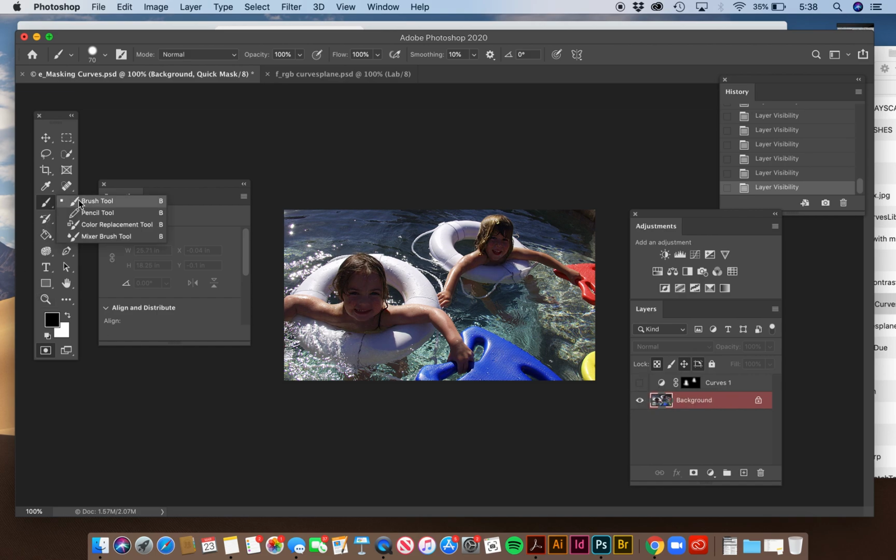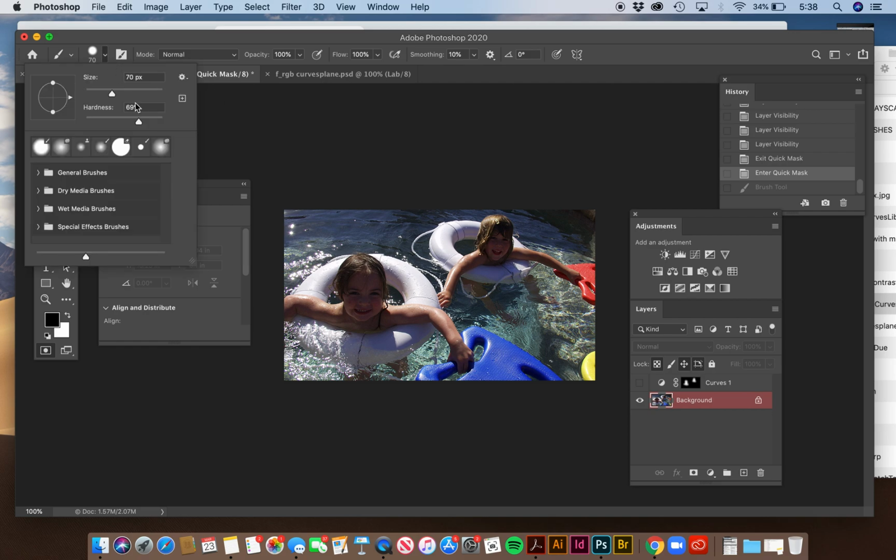I'm going to go over to my brush tool. We're going to click that quick selection tool, and it will be black in front. If you don't have black in front, it's not going to work. So toggle that so the black is in front when you have this selected. You know it's selected because that layer is selected there. Then I'm going to,